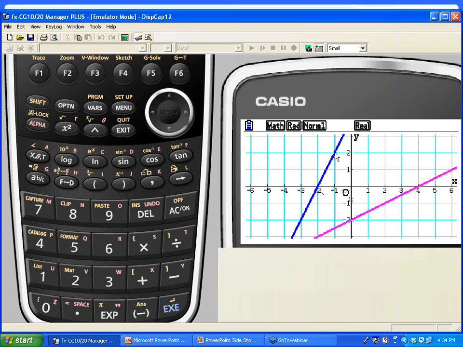At -1, we had a point at 2. So over here, I should be able to go to 2, -1, and see a point. I can see that at -3, I had a value at -2. So over here, I should be able to go to -2 and see a value at -3. So we could pick random points on the blue line, swap or switch the X and Y positions, and find those same points on our graph.